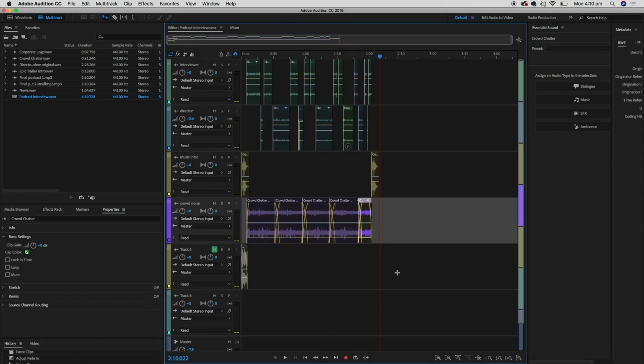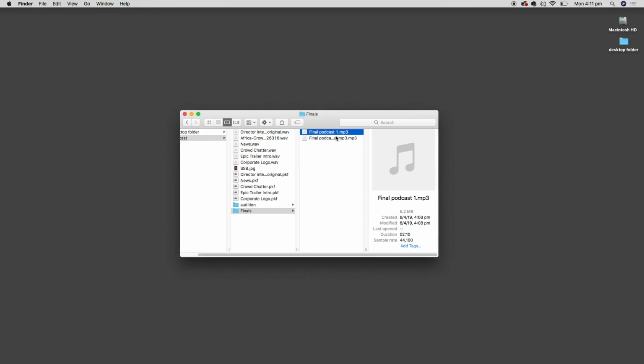Now if I go back to my desktop, we have Final Podcast Small, and you'll notice that it's 1.6 megabytes. So that's actually about 1/4 the original size. And if I listen to it,